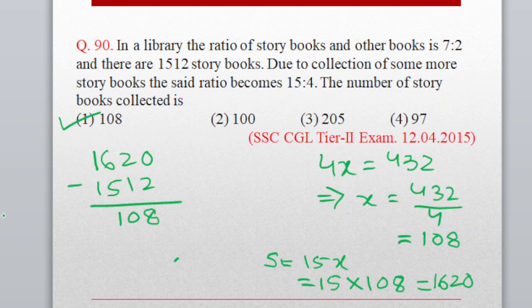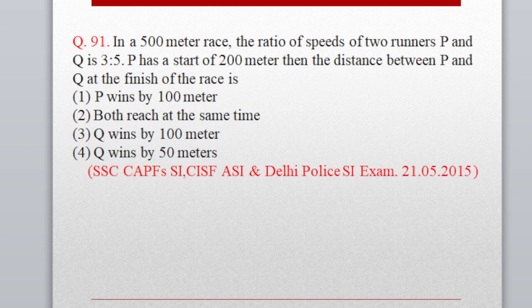Now next question, that is question number 91. In a 500-meter race, the ratio of speeds of two runners P and Q is 3:5. P has a start of 200 meter. Then the distance between P and Q at the finish of the race is